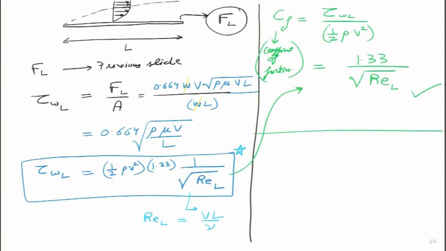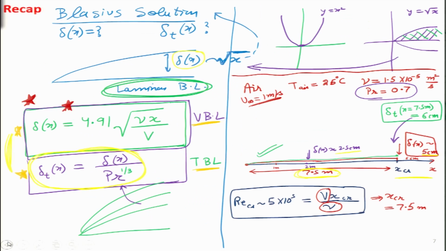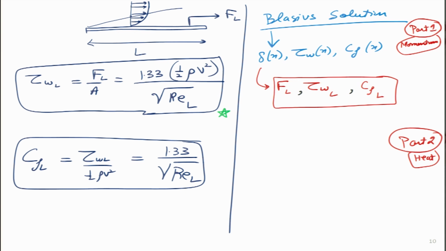We actually started from the Blasius solution. You remember yesterday we had looked at the Blasius solution, and from there we got the value of delta x. Then we plugged in this particular equation. So, we can see that we have obtained these two relationships that I have highlighted with green star on the left hand side, which is the shear stress for the whole plate, the average value, and the coefficient of friction, average value. Let us move on to the right hand side and just recap how we have actually progressed. We started with the Blasius solution, which gave us these values over here.